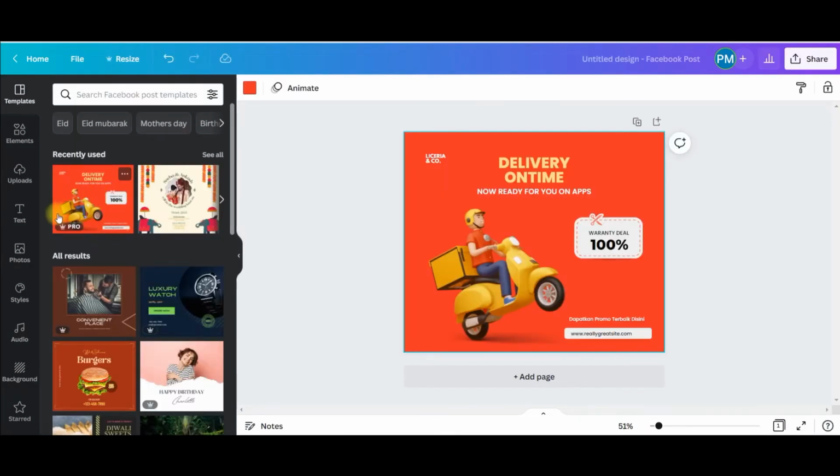You notice one thing, this template is a pro template. Not necessarily do you have to take a pro template. There are thousands and thousands of free templates as well. Almost 250k templates are free in Canva, in 100 different styles of design. So you can choose any, but just to mention, I have chosen a template which is basically a pro template.